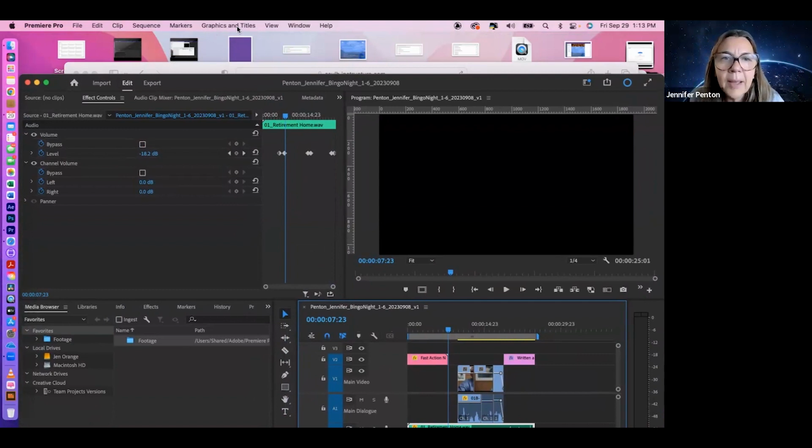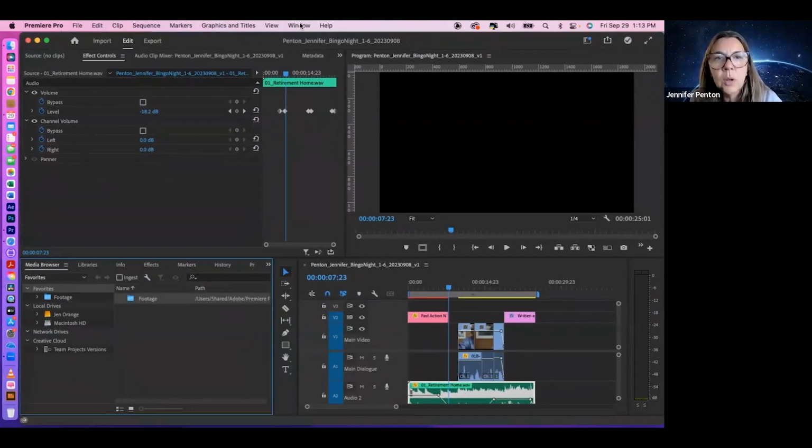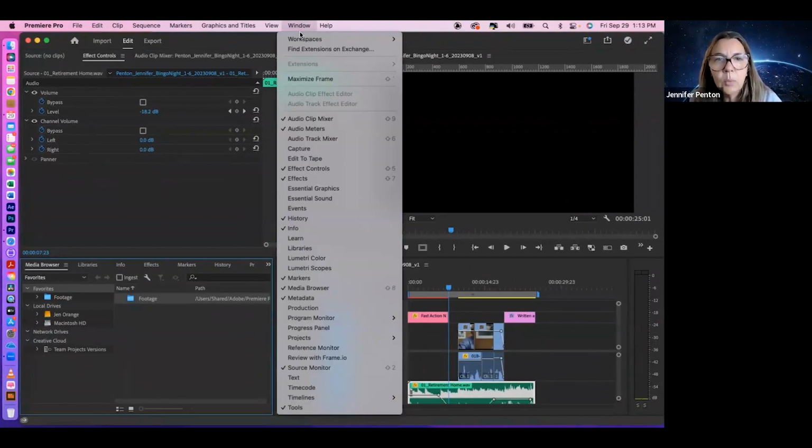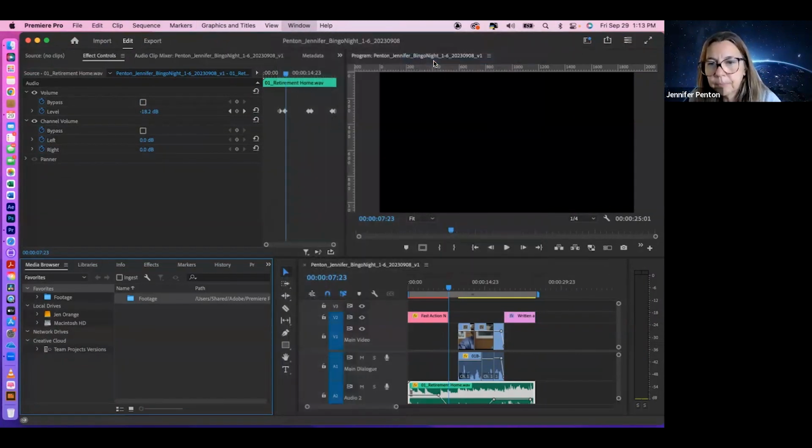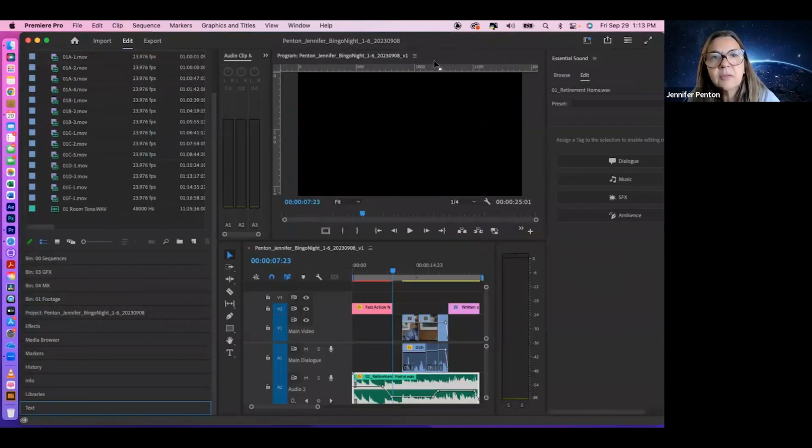Now, my Zoom controls are hiding my ability to do this, so hang on a second while I hide the meeting controls. Okay, there. Now, let's take a look here. If I go to Window, Workspaces, Audio, the first thing I want to do,